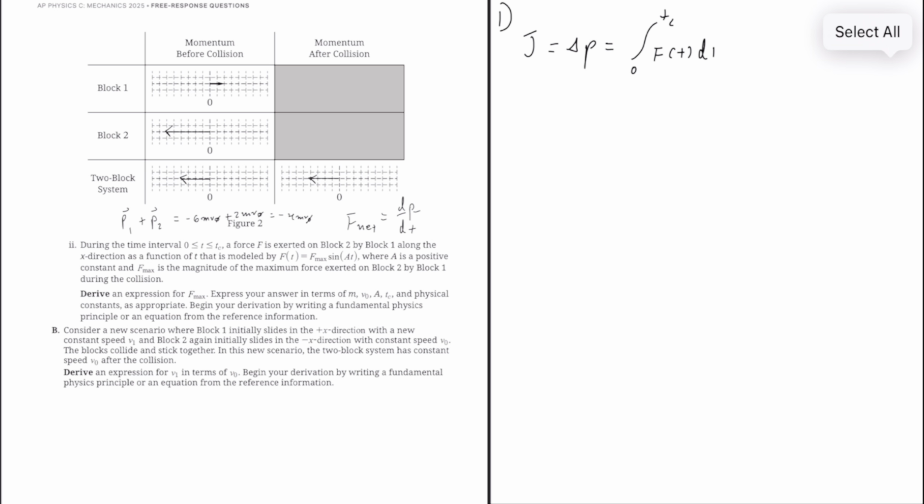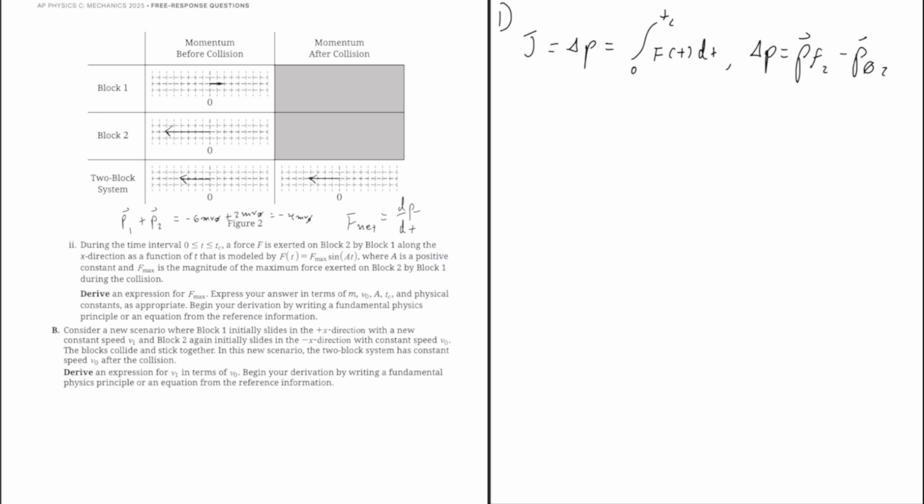So now this is the question. What delta p, which block is having this force change its momentum? And that would be the block that's having the force exerted on it. So if block 1 is exerting this force on block 2, block 2's momentum is the momentum we should be looking at for delta p. So let's look at the delta p for block 2. Before I compute this integral even, delta p is equal to p final of block 2 minus p initial